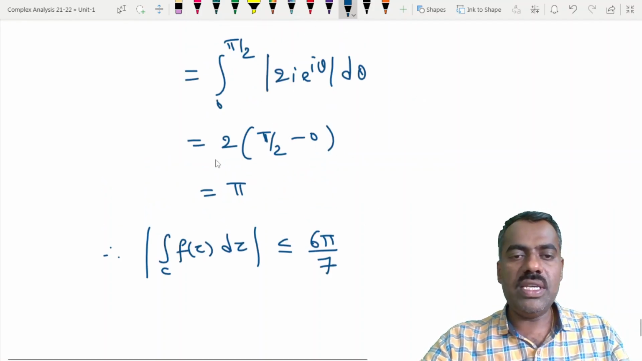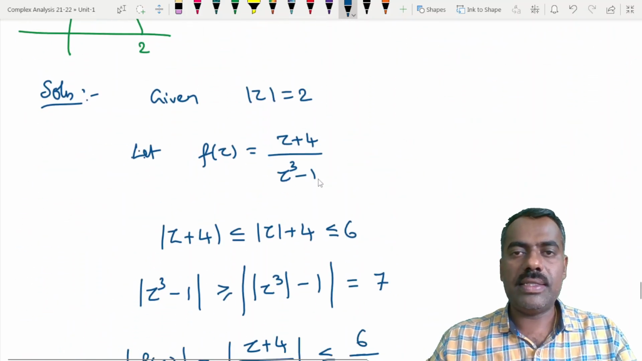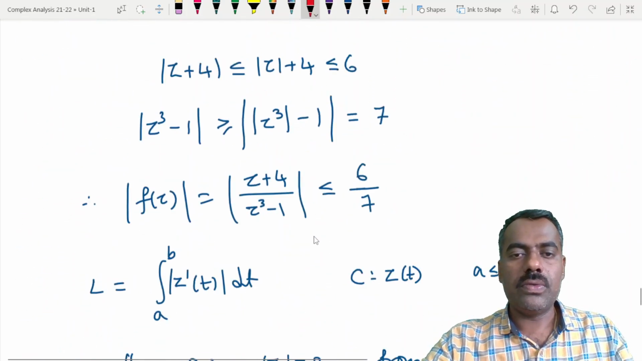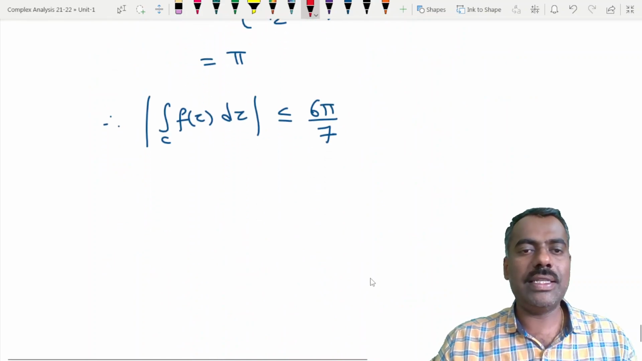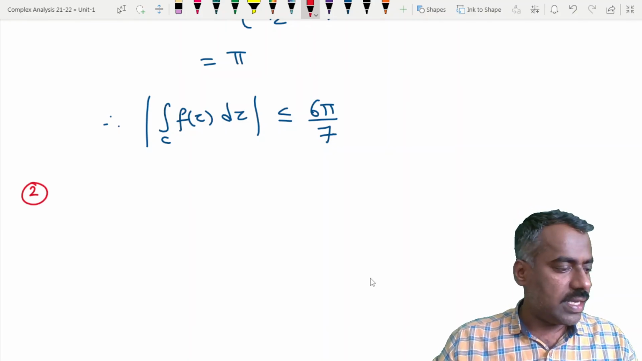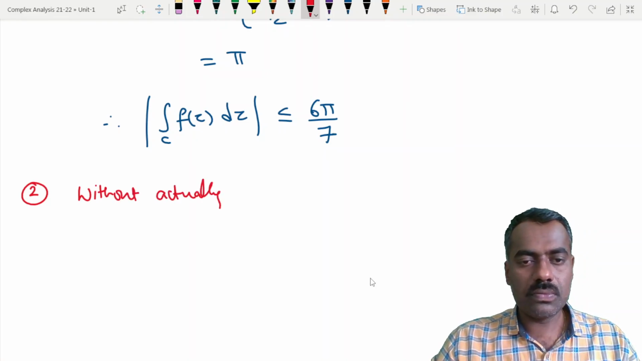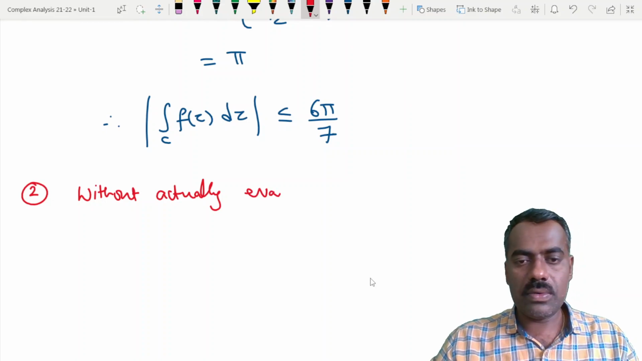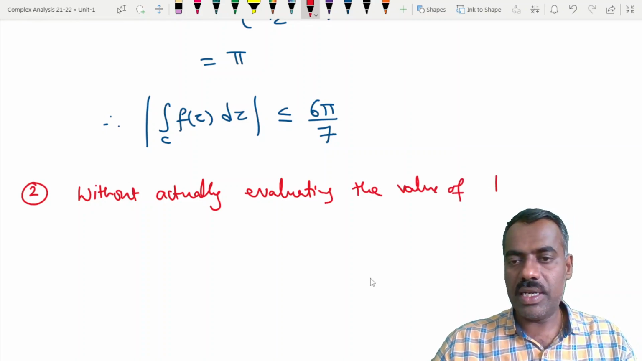We can also use the advantage of this one. Let's write that example. Without evaluating the integral, sometimes we can show that the limit tends to 0. Okay, so second example: without actually evaluating, or finding the value of, the integral,